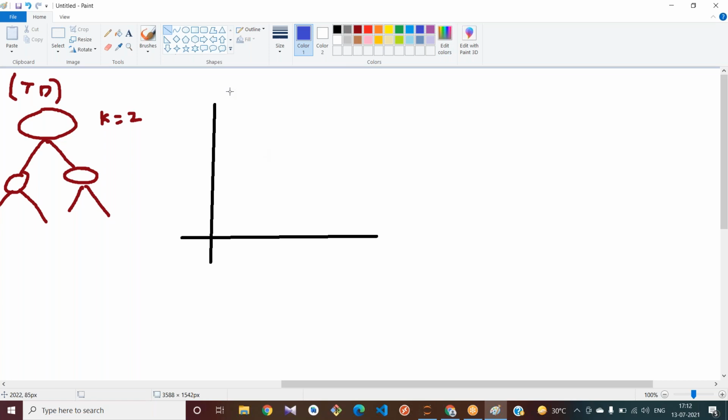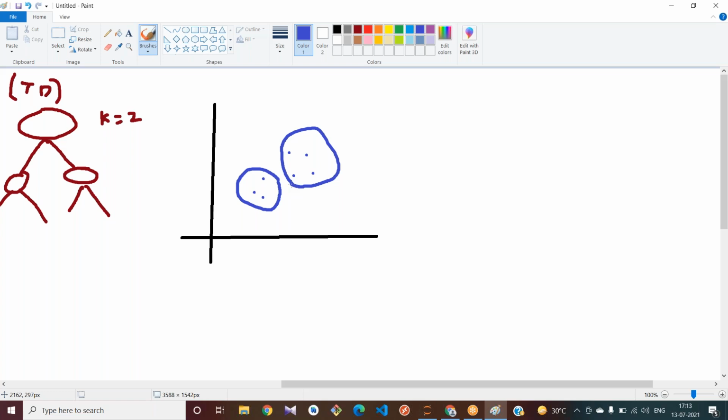Let me draw some points here to make you understand. Assume that these three are one cluster and these four are another cluster.